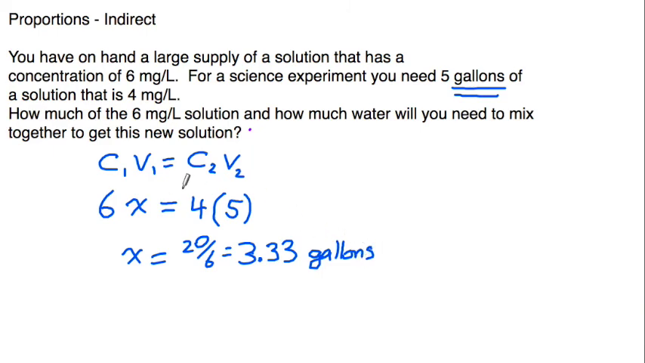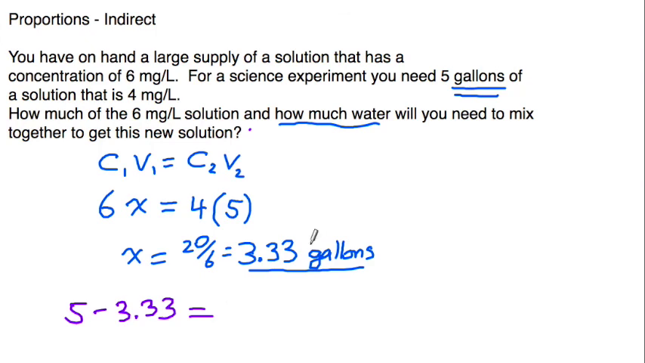So what this is saying is 5 gallons of the 4 milligram solution has as much of the milligrams as 3.3 gallons of the 6 milligrams per liter solution. So the question basically says, how much of the 6 milligrams per liter solution, that would be this one, and how much water will you need to get to this new mixture? Well, I already have 3.33 gallons of my 6 milligrams per liter. I need 5 gallons. So the last step would be to take your 5, subtract the 3.33, and come up with the final answer